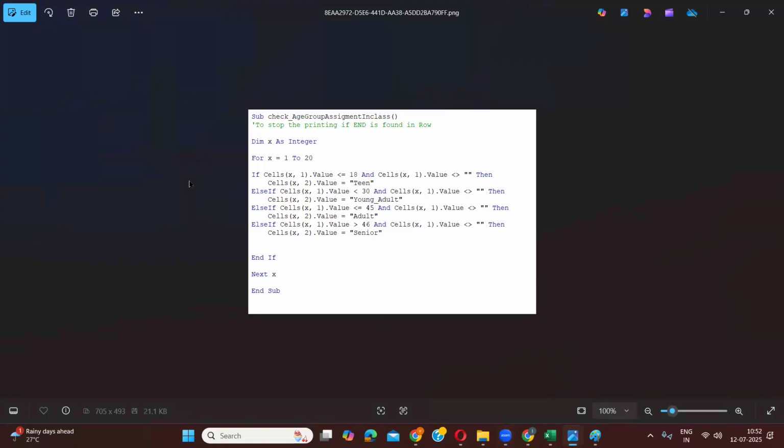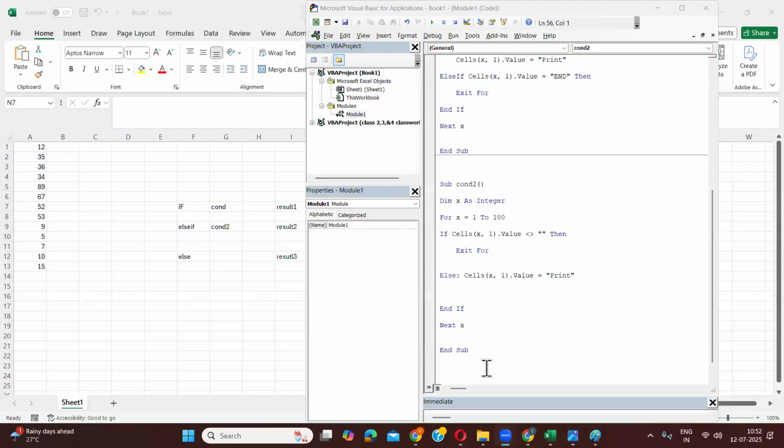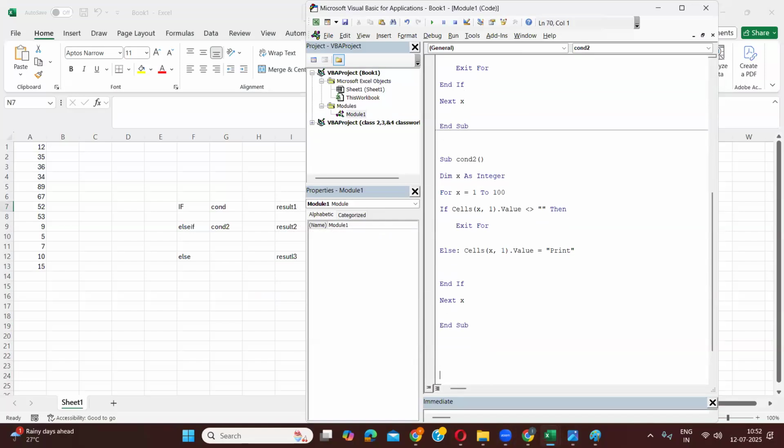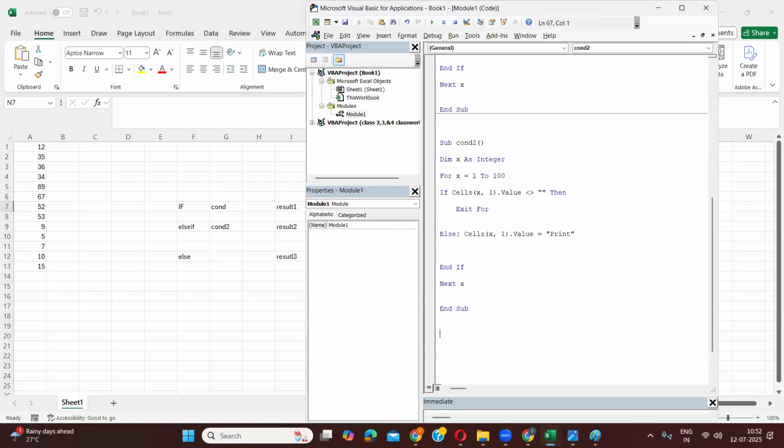Okay, so we will start writing. What Soumya has given, actually see, once there is a value, it is obviously not an empty cell because it has a value. In that case, you don't need to write it as a separate code. It works fine and no issue at all, but still